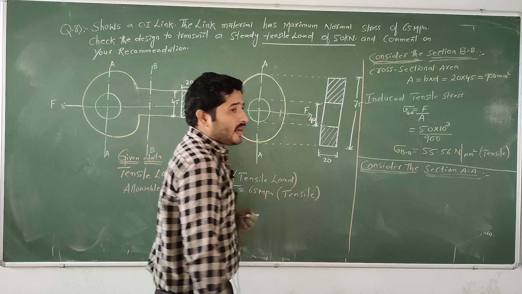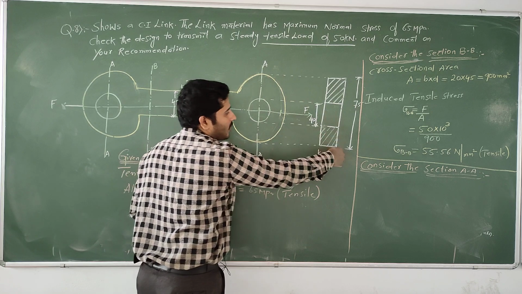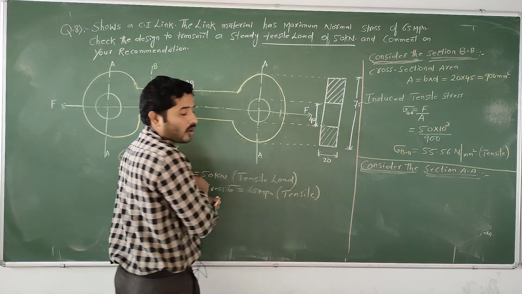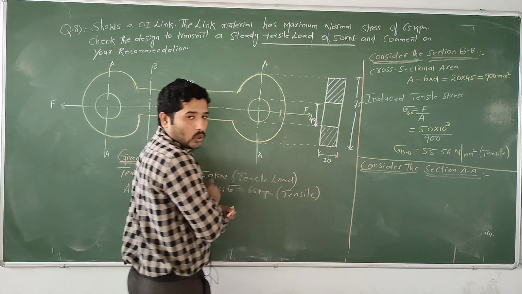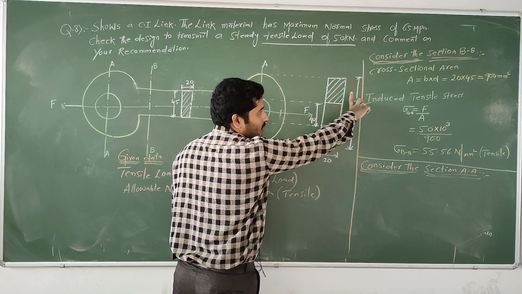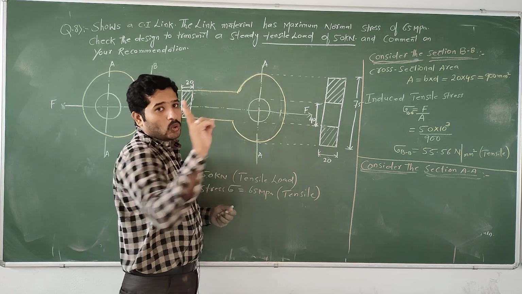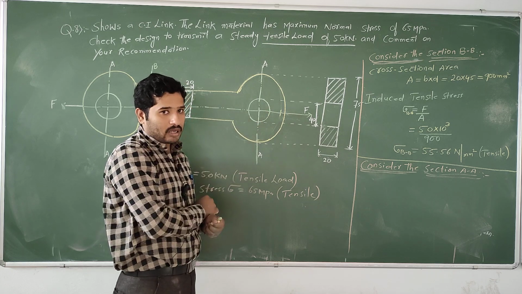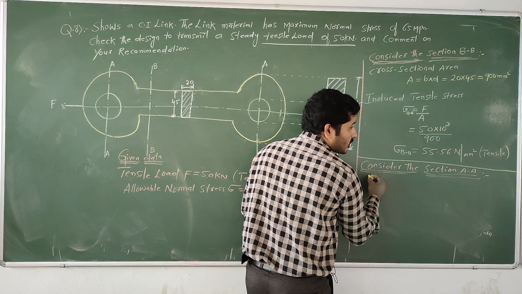In this case, because this is the outer diameter, how much is given? 75. The inner diameter is given as 40. And the thickness, or you can say depth, breadth is given as 20 and depth is given as 75. But you have to know how many circles there are: two circles. One is the outer diameter, another is the inner diameter. The first thing is we need to find out the cross-sectional area.